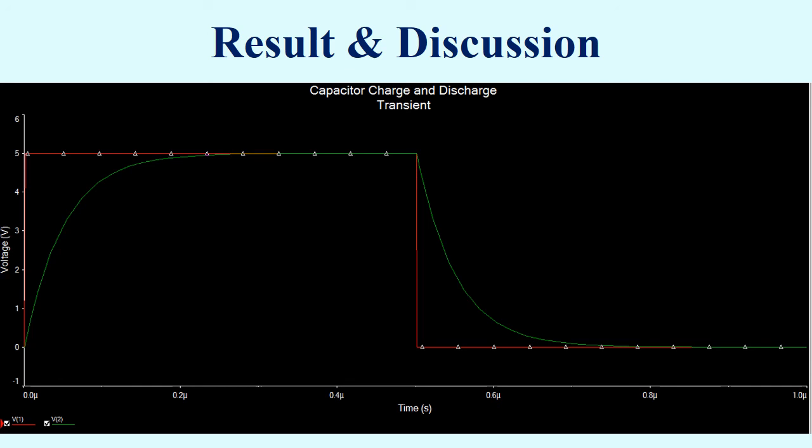So the capacitor voltage increases exponentially when it starts charging, and when it moves to the discharging stage, its voltage follows a negative exponential.